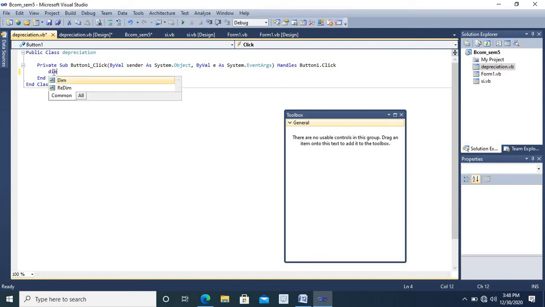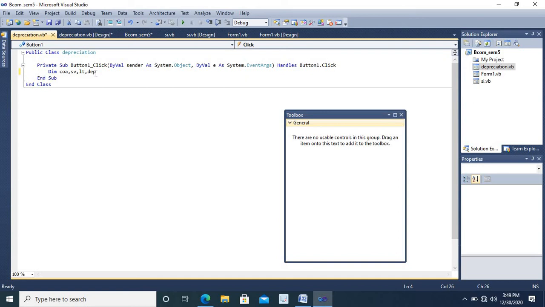So here we will be using variables for storing the values. Let us declare variables by using Dim statement: COA for cost of asset, SV for scrap value, LT for expected lifetime, and to calculate depreciation we are using the variable DEP.